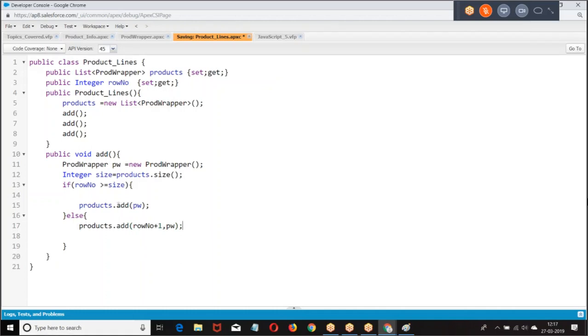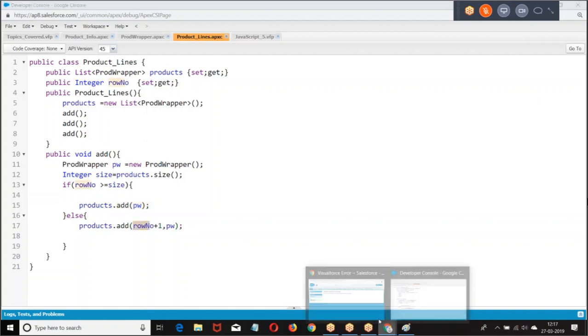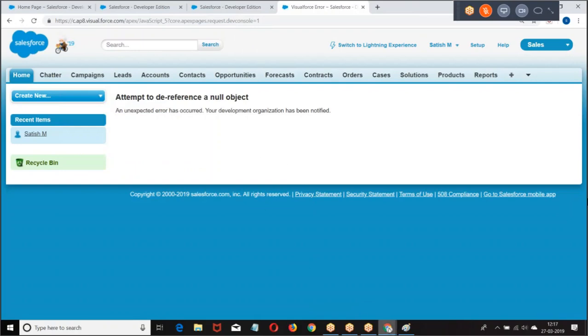When you just say add, it is automatically added at the last position. Now you want to add at a particular position, so row number plus 1, comma p. Okay. Now how do you pass the row number?